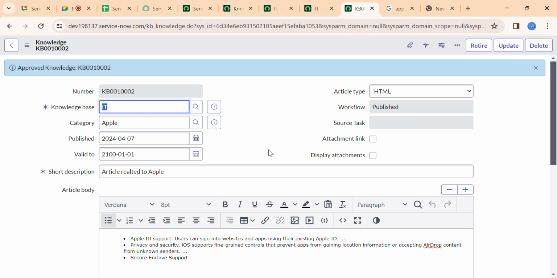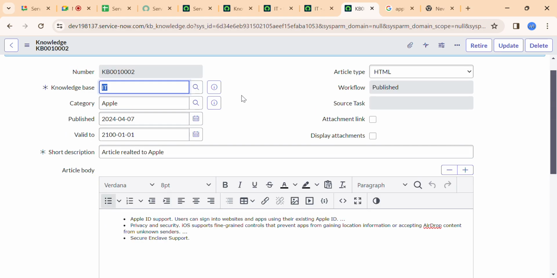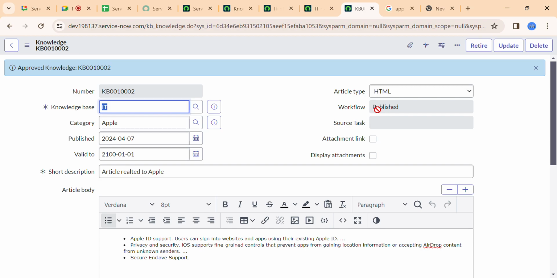Before we do any changes, before we submit any article, we get the approval from our manager. In the same way here, review is where it will be sending the approvals. Once this particular user approves, this gets published. And if you see here, we have the retire. So retire, what does this